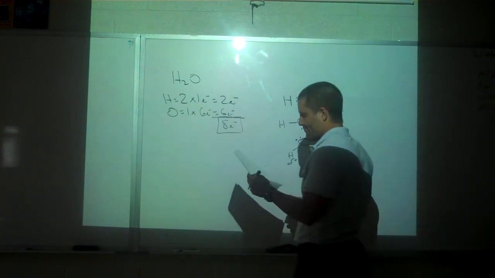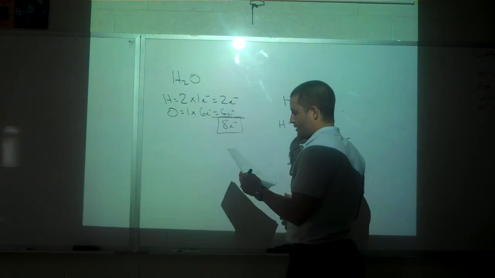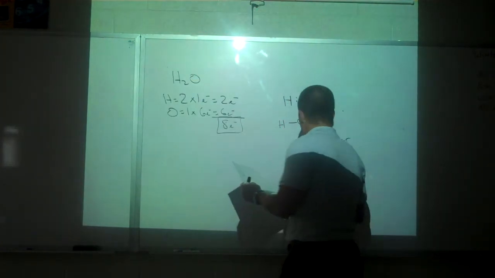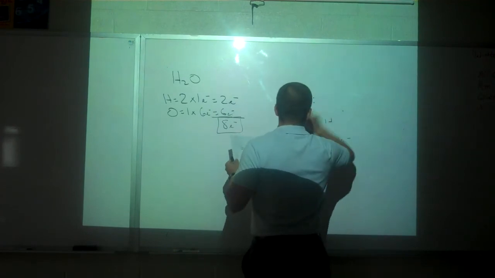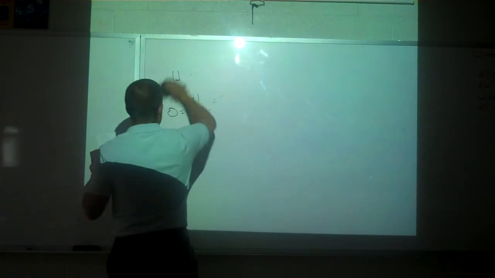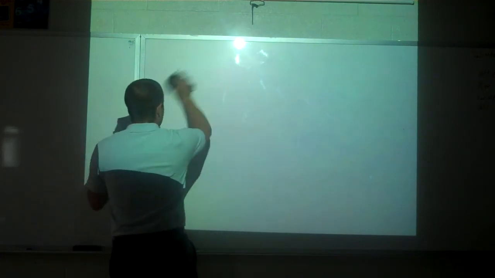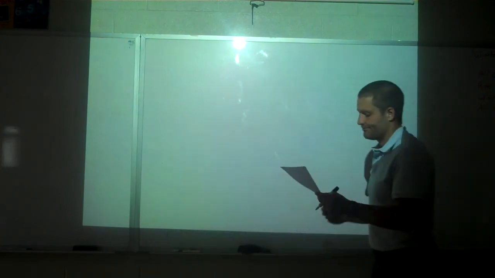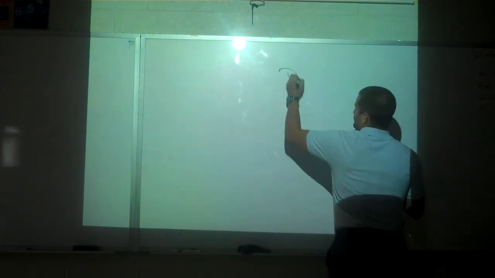Let's do one more I'm going to talk about. I'm going to do a couple more and then we'll move on. Now, there's double bonds. We're going to talk about double bonds. These have been pretty simple so far. You're like, why do you always go back and double check at the end, Mr. Smith? That seems weird. It seems like a waste of time. I don't need to do that because it's going to always be the right number. No. So double bonds